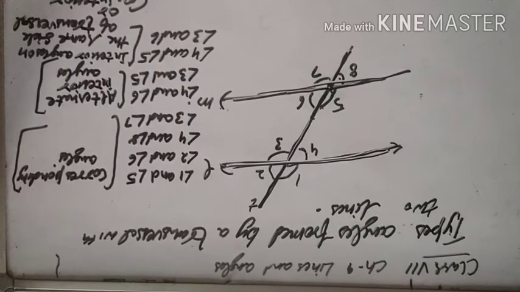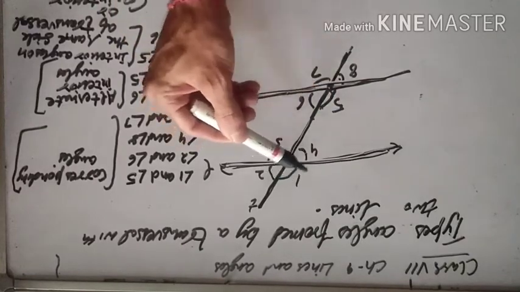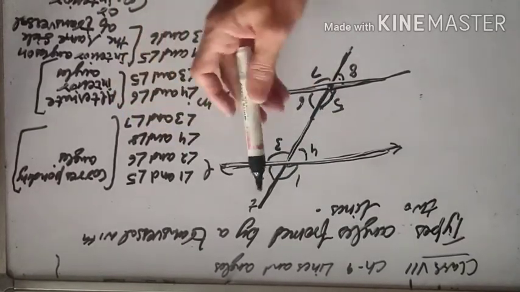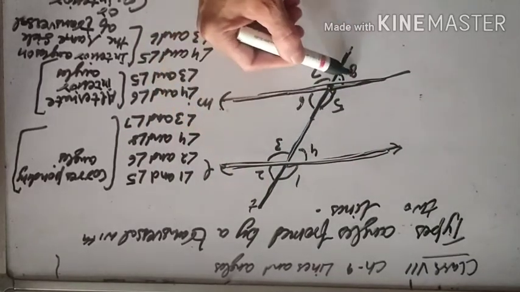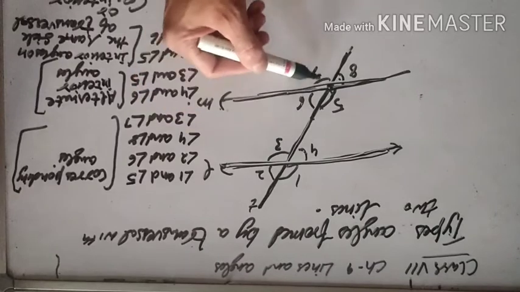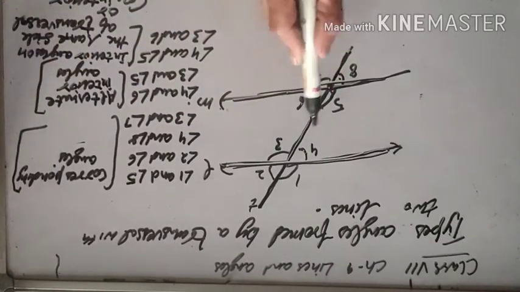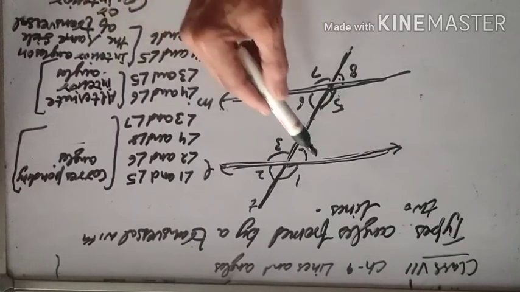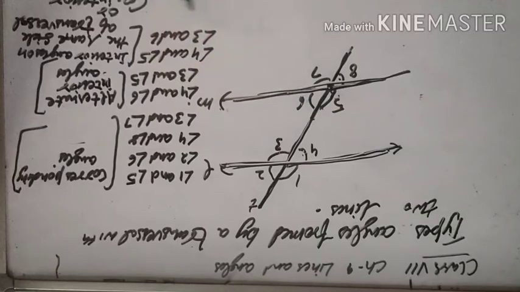Co-interior angles. We use this word co-interior angles. Now see again: 1 and 5, upper 2 and 6, on the same side of a transversal; 4 and 8, down 3 and 7, these are our corresponding angles. 4 and 6, 3 and 5 are alternate interior angles. 4 and 5 are interior angles on the same side of a transversal, or co-interior angles. These are the names of these.